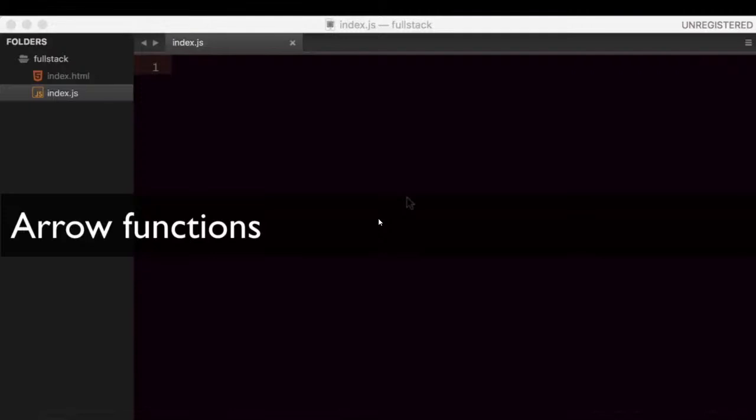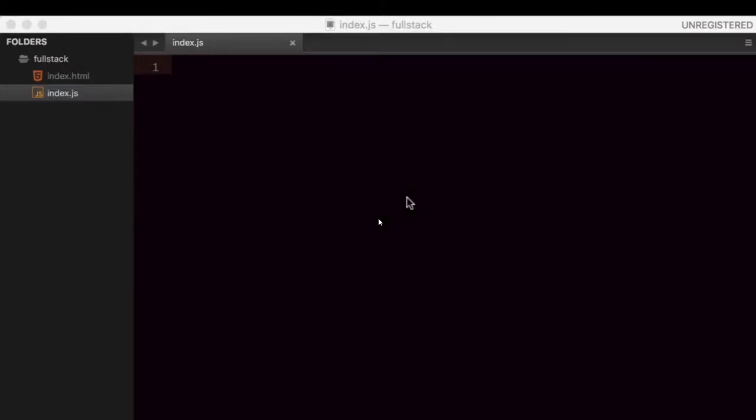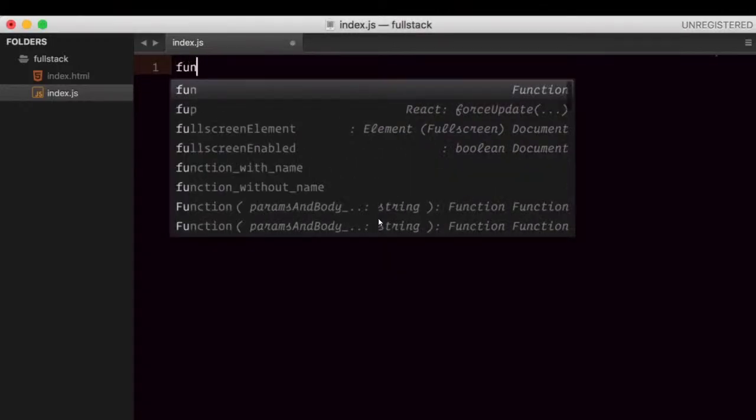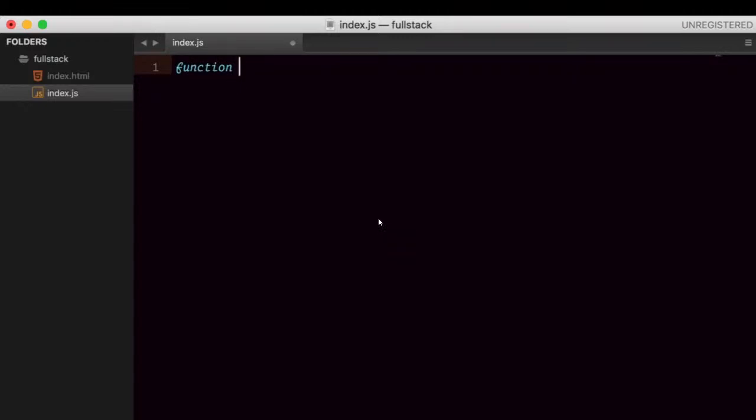With ES6, we can write arrow functions. These arrow functions are a bit different than regular functions, okay? So let's begin by writing a simple regular function, and then we will try to convert it to arrow function, and we will learn more about arrow functions, okay? So let's begin by writing a simple function. I'm going to call it greeting,